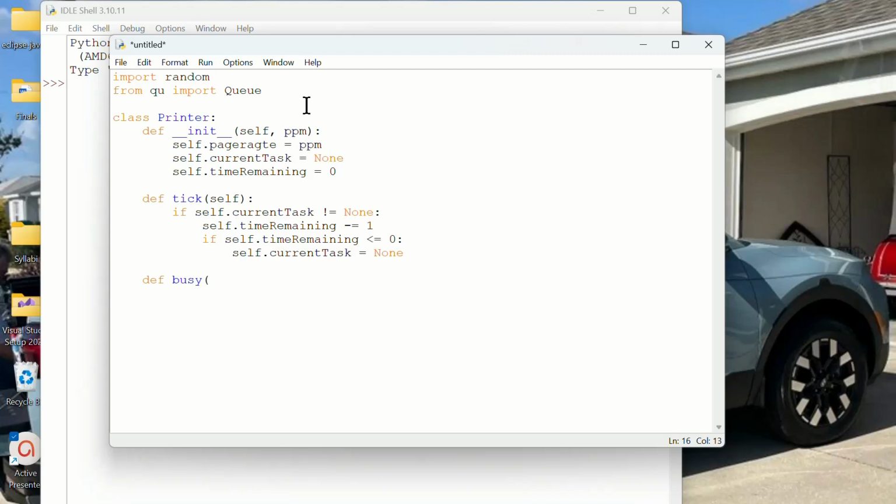We're going to have a method called busy. And we're just going to check to see if self.current_task does not equal None, return True, else return False. And then we're going to have one called start_next. And in here we're passing in a new task,